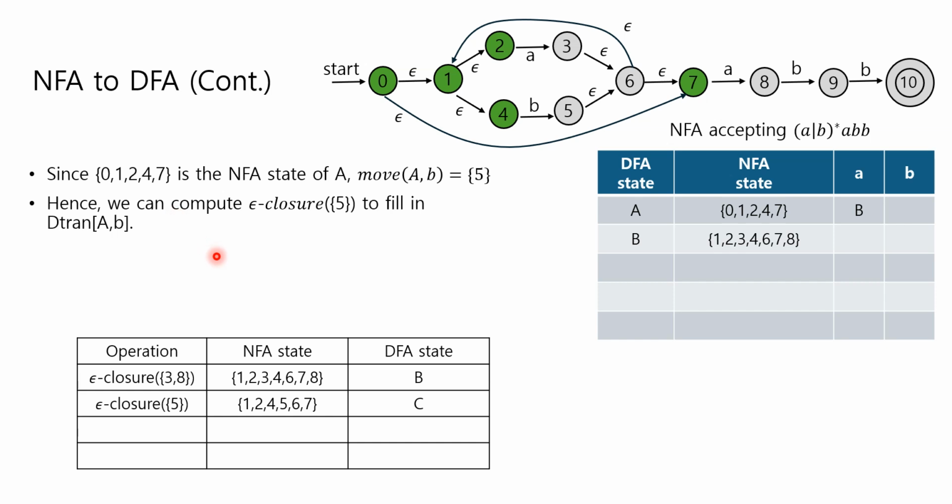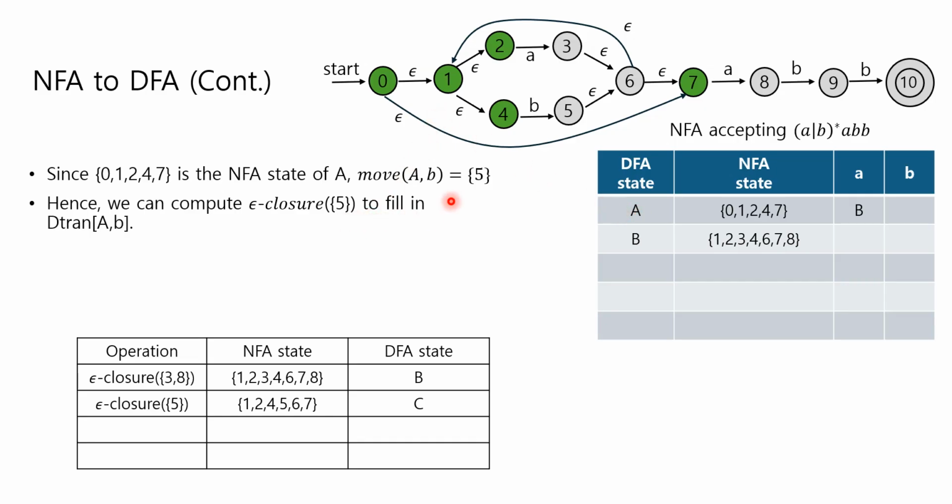So same as earlier, the states in the NFA state 0, 1, 2, 4, 7, which is the corresponding DFA state of A,